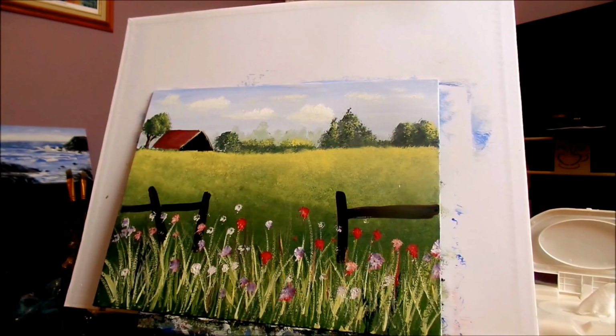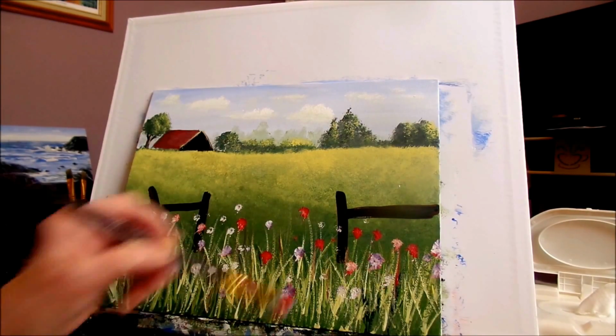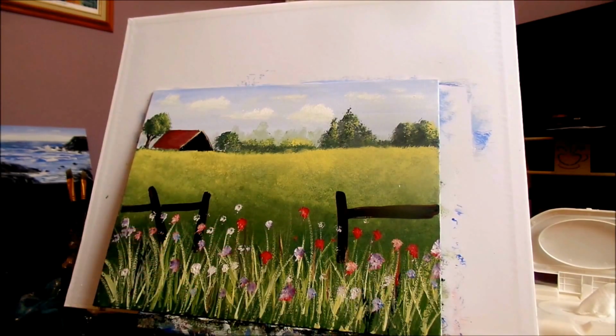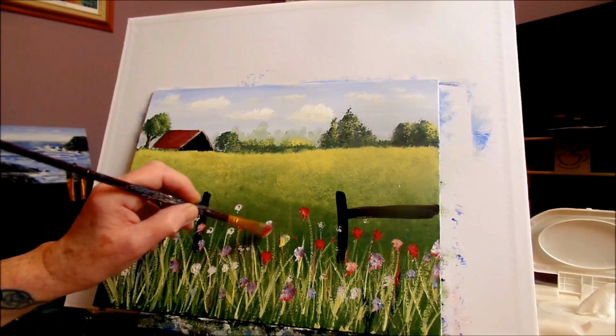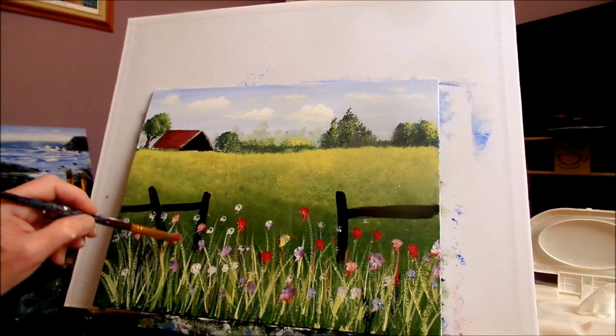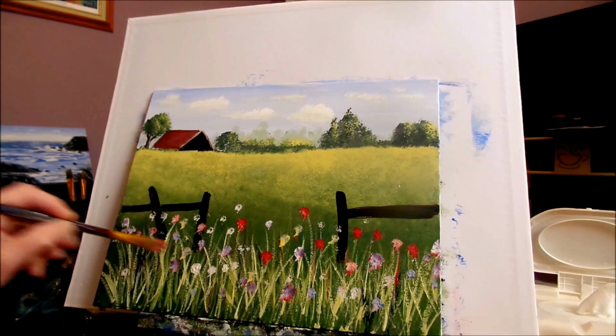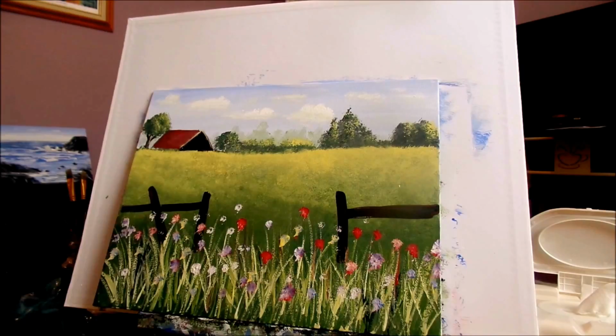Like I said, I'm not going to. There we go. And some yellow flowers. Always nice yellow flowers. I just got pure yellow because my brush is dirty, so you can put some yellow flowers in there. Anything you want at all. And like I said, if you want to have a